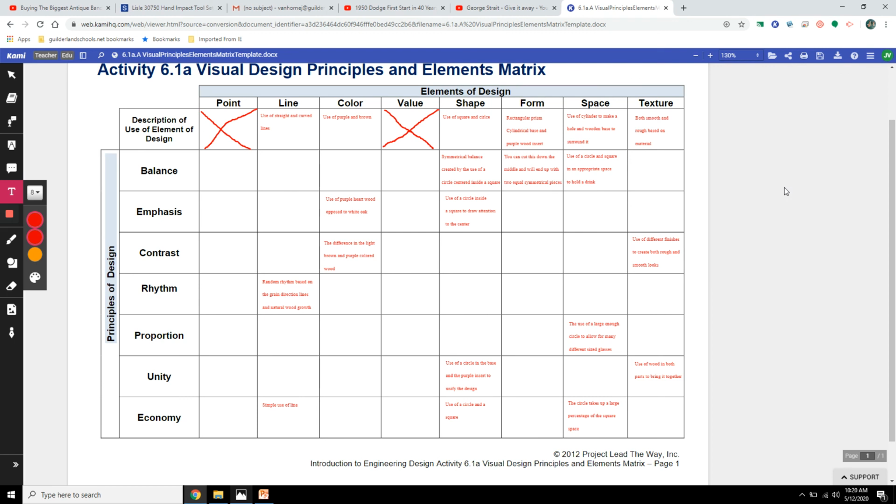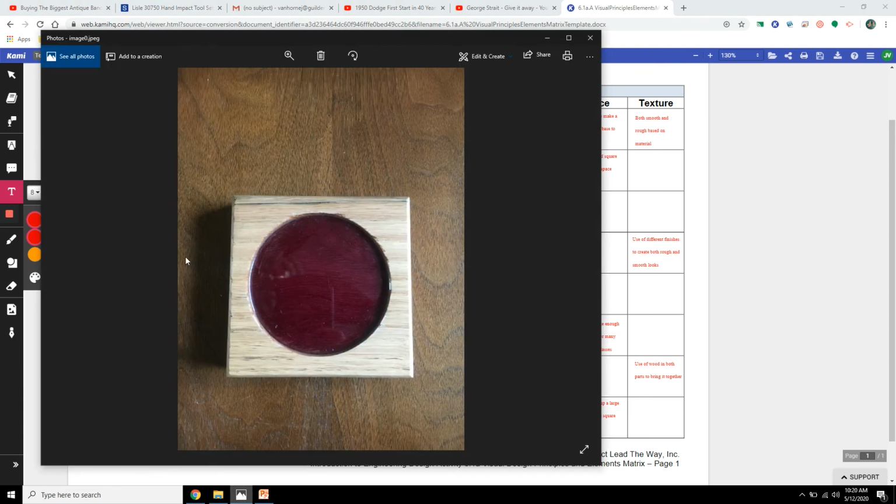And again, I modified it, so you only have to do one item, but I am asking you to upload this document when it's completed, and to please also attach a picture in Google Classroom so that I can see what you specifically did your analysis on. I hope this helps